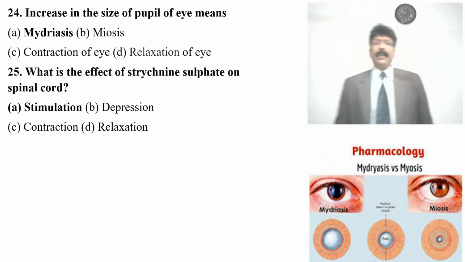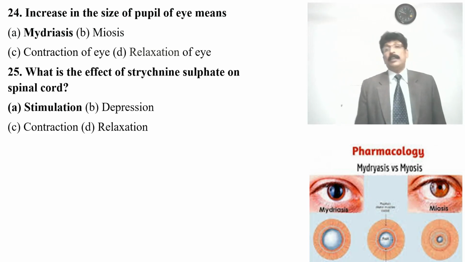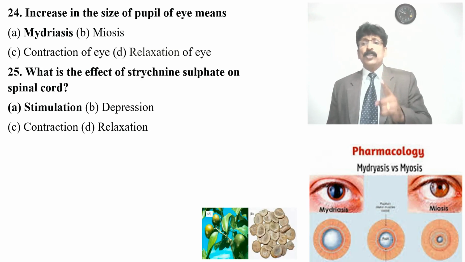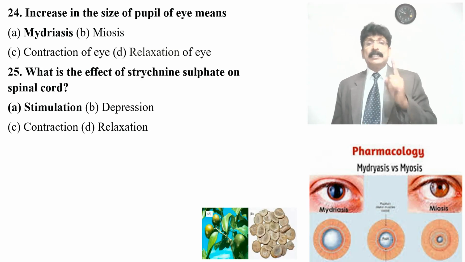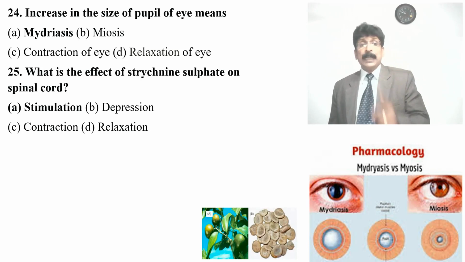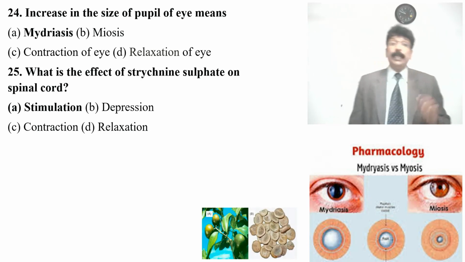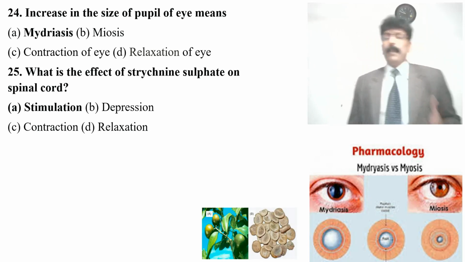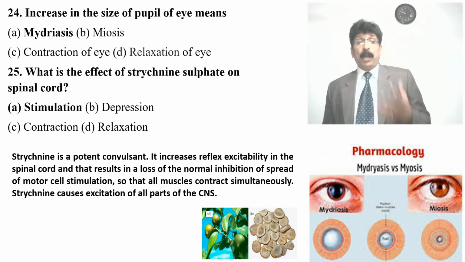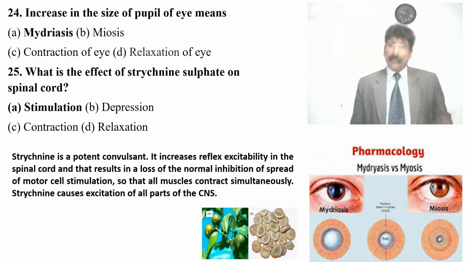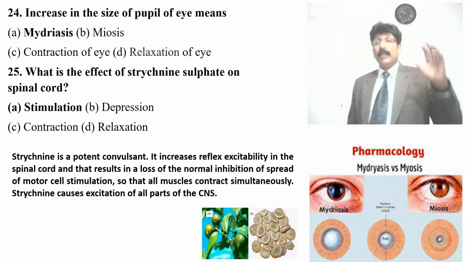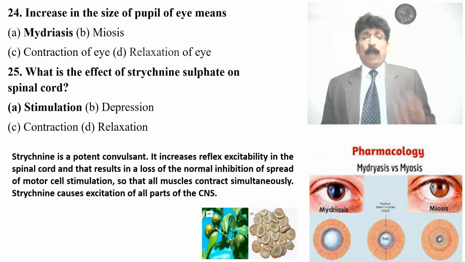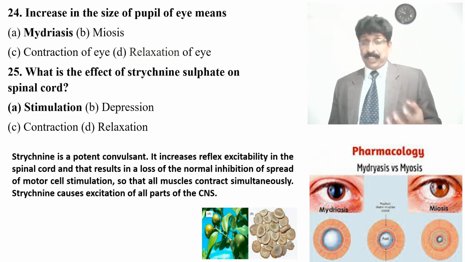What is the effect of strychnine sulfate on the spinal cord? Strychnine is present in Nux vomica. It is a poison and also it has a stimulant effect. And they have asked whether it is stimulation in the spinal cord or depression, contraction, relaxation. Even though we know it causes convulsion, it is a poisonous drug, strychnine, brucine. They are present in it, but strychnine is a potent convulsant. It causes convulsion by means of its potent stimulant effect. Why stimulation is the correct answer: